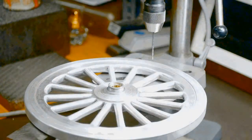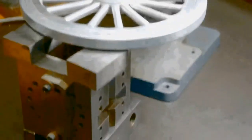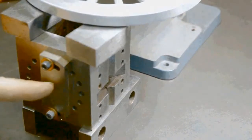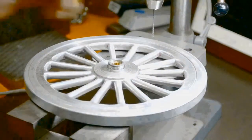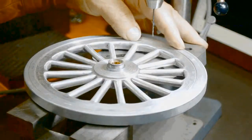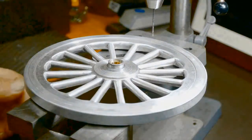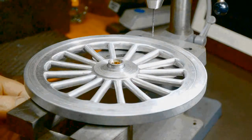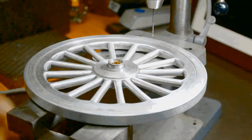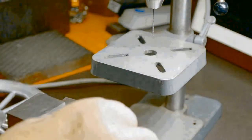So then the next problem I had is I've got this pile of small vise jaws, cube, small gauge blocks, and the thing still rocks a little bit, which means I don't have a good bearing surface here. So I was thinking, what in the world am I going to do? And I kept messing around with this, and I spent quite a bit of time at it. But then I remembered